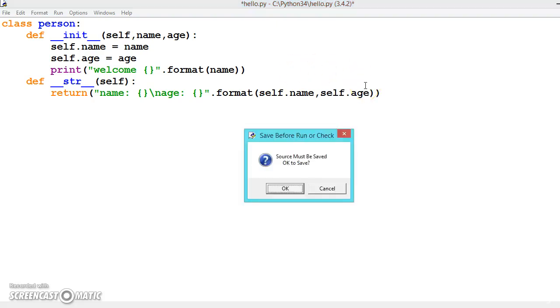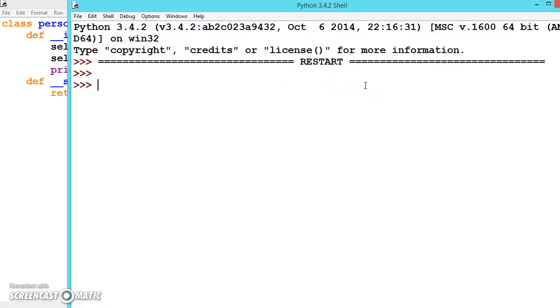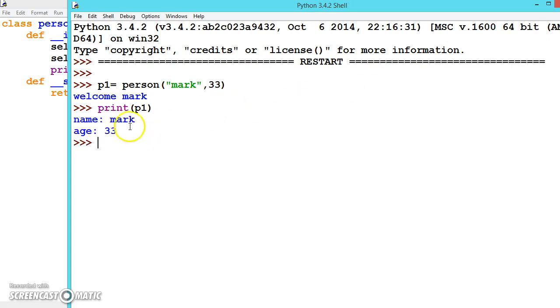Now let us run it. Create an object called P1, Person, Mark with the age 33. Now if you write print and give P1, it is giving Mark and age.